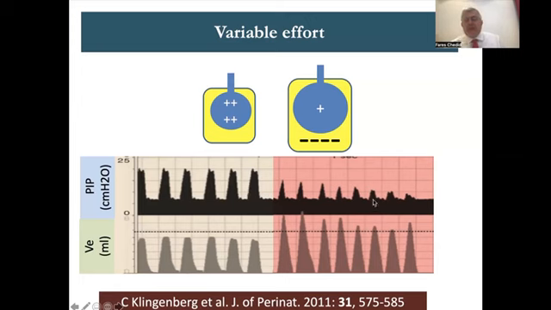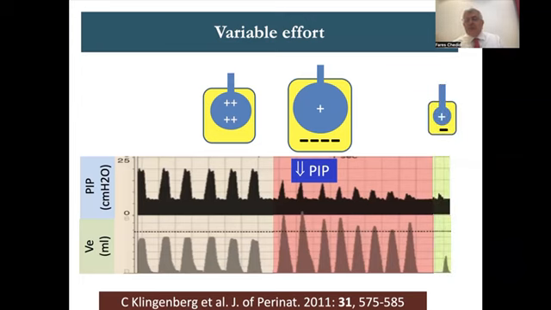Till the patient here, in this place, started breathing slightly above the VG, so his graph returned, no more dumping in this 1, 2, 3. The last 3 breaths, he's not triangular anymore because he's not dumping his pressure, but he's still going down in pressure because the volume is higher than the volume guarantee. Till at some stage, the patient took a volume equal to the volume guarantee. But what happens after, he decided to take no effort at all, while the machine already wasn't giving him any effort because of before. So now the patient is doing no effort, and the machine is doing no effort for now, and his volume is very much down.